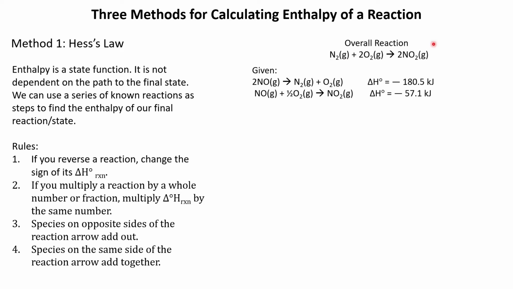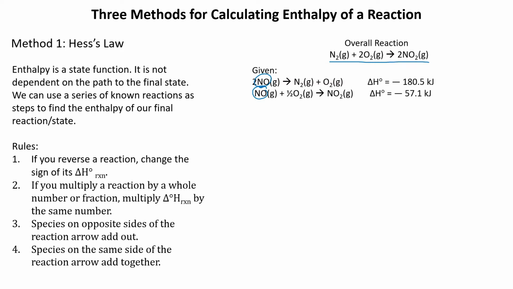So here is our overall reaction that we want to calculate the enthalpy for, or the delta H for. We are given 2 steps right here. What we want to do is we want to add these steps such that they add to give us this overall reaction. And then when we add their delta H's, that will give us the change in enthalpy for our overall reaction. So as I look at my 2 steps or my 2 reactions, I notice that nitrogen monoxide is